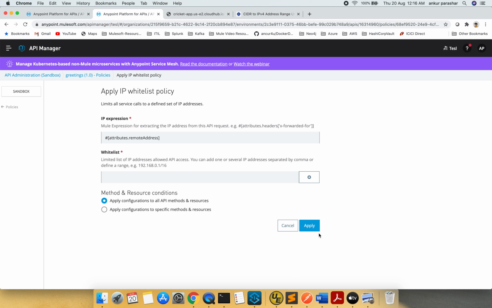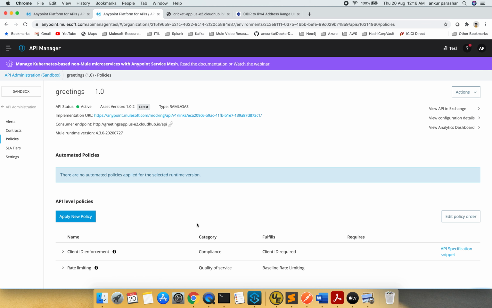Click on apply, and it will get back to you on this particular level, showing IP whitelisting or blacklisting, whatever you have selected, with no API specification snippet link enabled. This means IP whitelisting also doesn't require anything on the API specification level, on the traits level particularly.